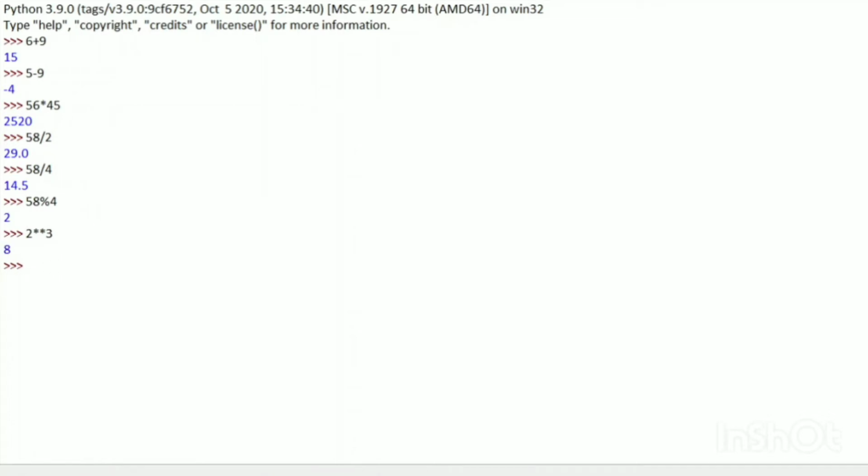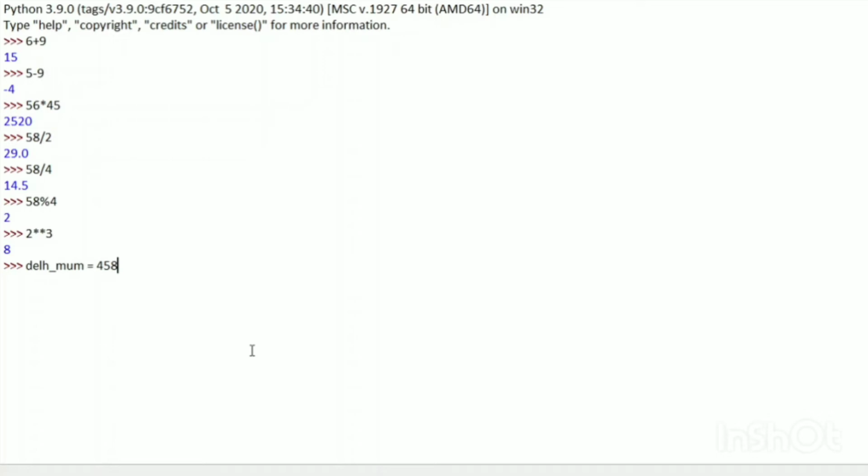Now let's take an example where first you have to travel from Delhi to Mumbai, and from Mumbai you have to travel to Ahmedabad. So you need to find the total distance you will have to travel. Here I will make variables, and I will store the numbers in them. First I have to go from Delhi to Mumbai, equals to, I am assuming any number right now.